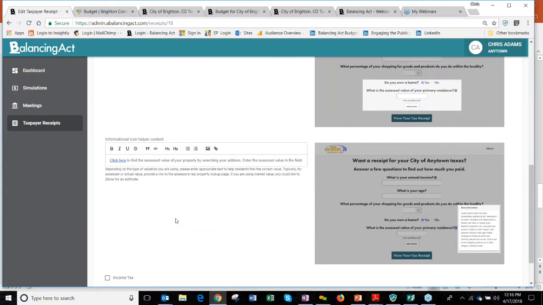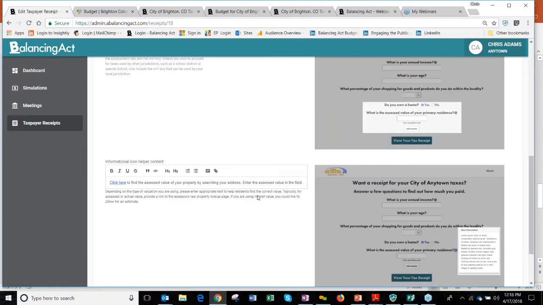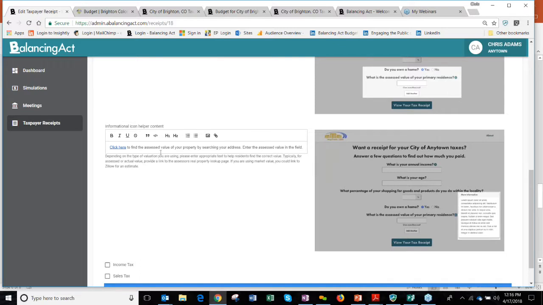Okay, and then this is using this information here, and then you need to set the context helper. So you've got assessed value of your primary residence, and then you've got this blue icon over here, and you need to fill this in with content. Most of the time it can be pretty simple. It can be "click here to find the assessed value of your property by searching your address." And so all you do is you click on this and you say, I want to edit that. And then you put in the correct